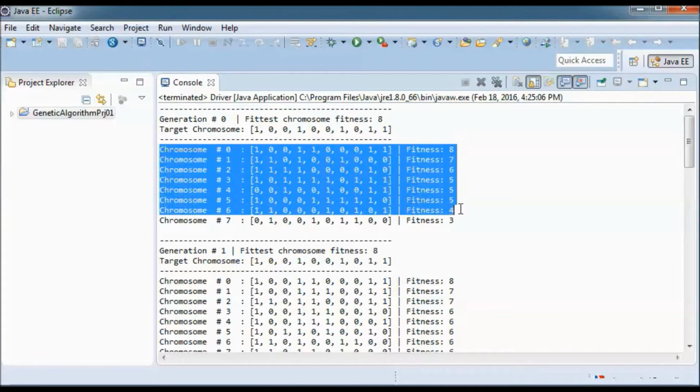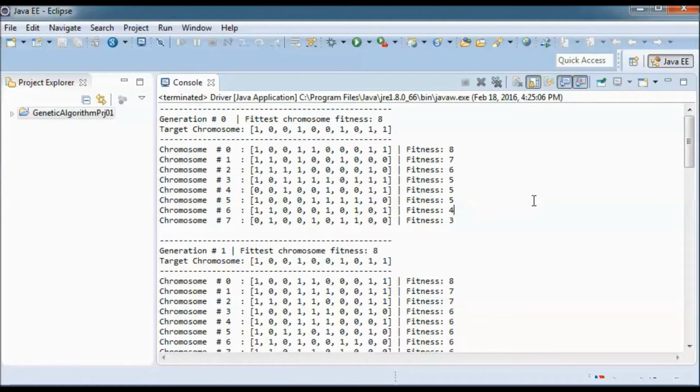And here we have a population of chromosomes, and I am sorting each population by fitness. So we have the highest fitness first, and what fitness means in this case is how many genes are the same as the ones that are in the target chromosome, and each one of those is a gene. So in this particular case we have 10 genes, and of those 8 are the same as the ones that are in the target chromosome.